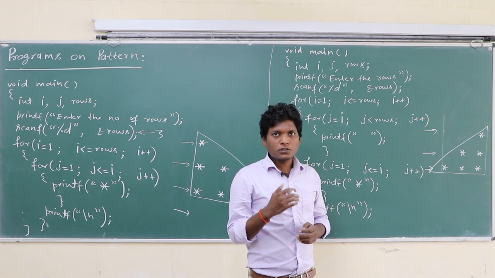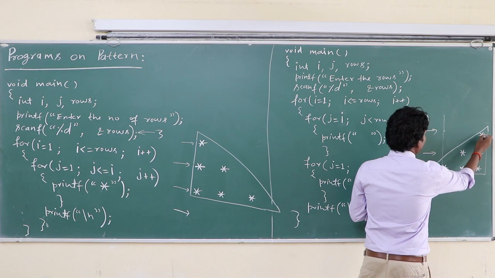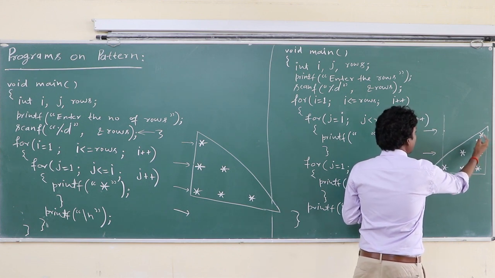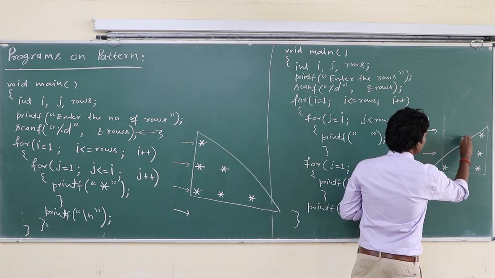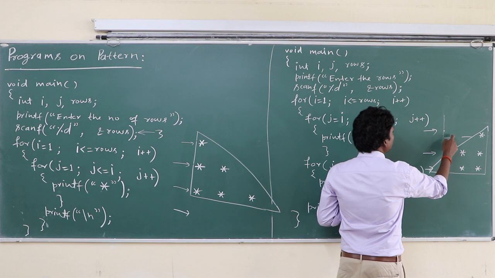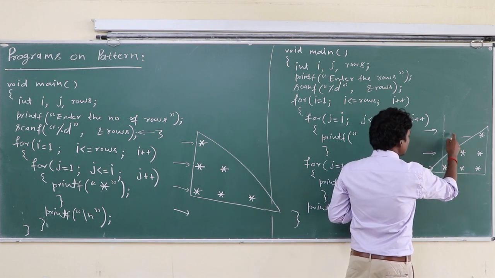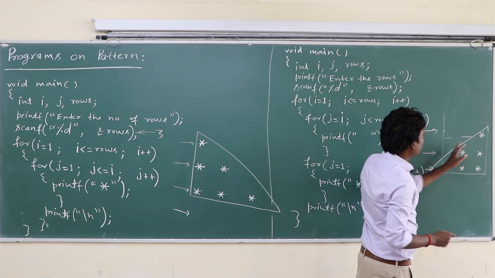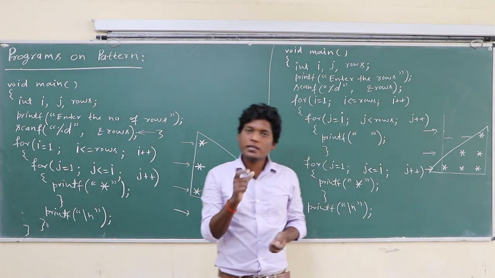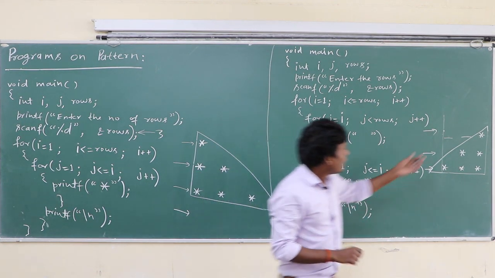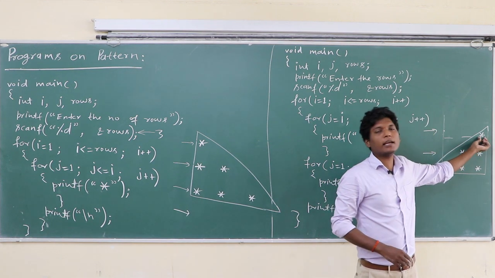Control goes sequentially. So this control does not jump to here. So we cannot print this asterisk directly. So we have to print something here, then we can go there. If we print a character other than space, then those characters will appear here, and we will not get this pattern. So we have to print the space character here, so that the program's control comes to here, and we can print the asterisk.